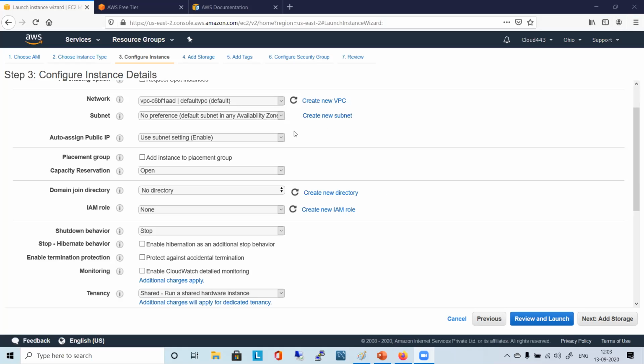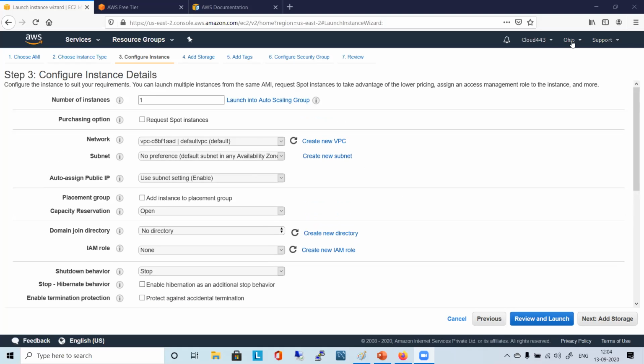So can I switch back to US East Ohio? US East 2? It's fine, you can create anywhere. Just remember where you are creating it. Say you are doing something in a particular region and your instance is created in that region, and then you are looking into some other region and say, oh my God, what happened? You will be in trouble then, you can't find it. So whenever you are creating, just remember it. Okay.